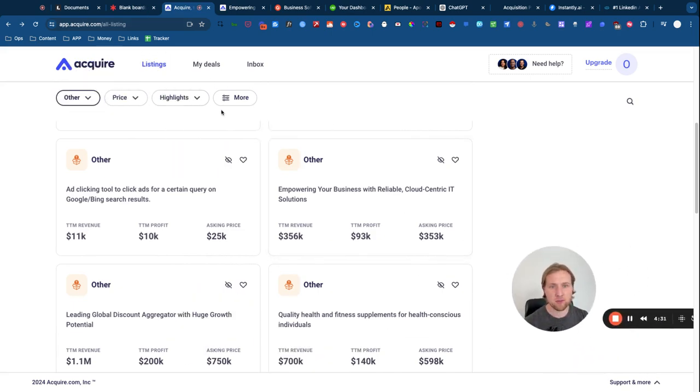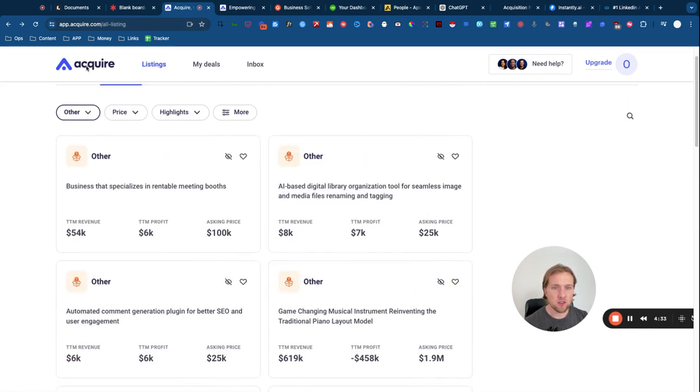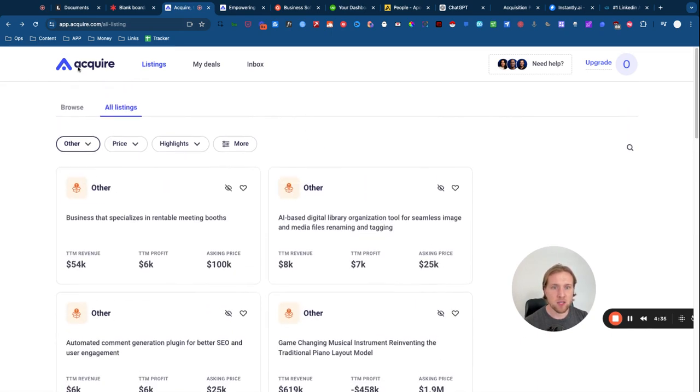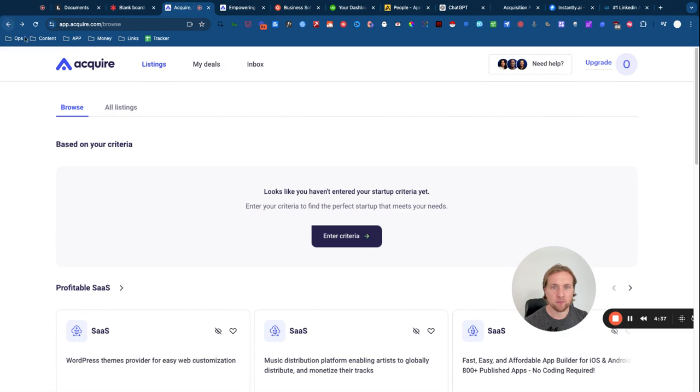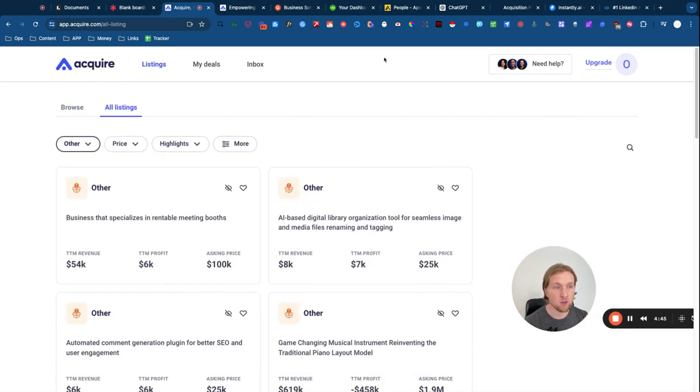All right, and I recommend signing up. It's free, and what you need to do is basically go to the homepage. If you go to the homepage and sign up, you will be presented with your dashboard. What I want you to do is go to all listings. Okay, so when you sign up, don't sign up as a seller, sign up as a buyer so that you can actually access data and adverts of companies that are currently being sold.